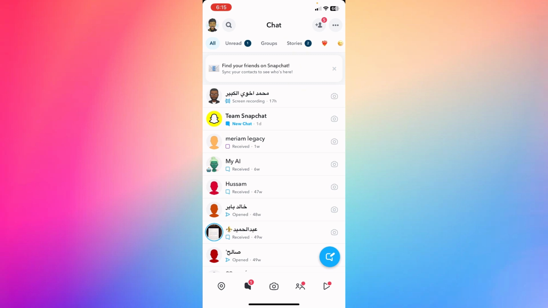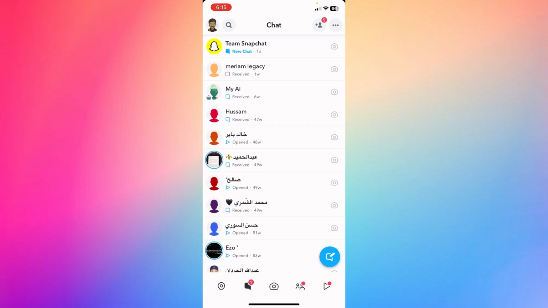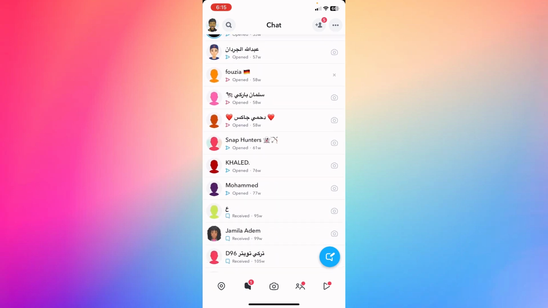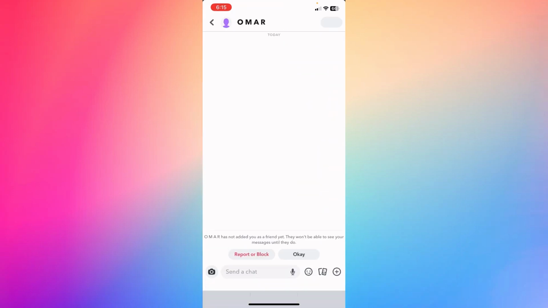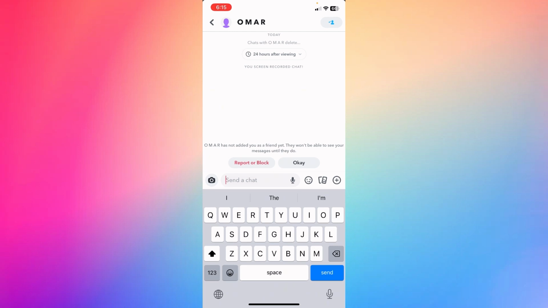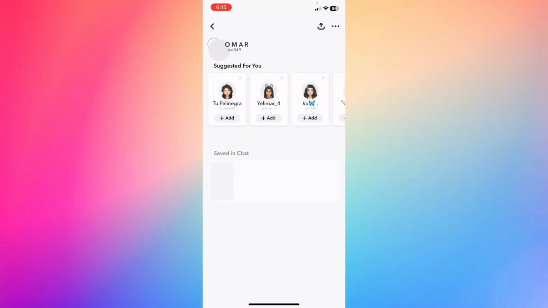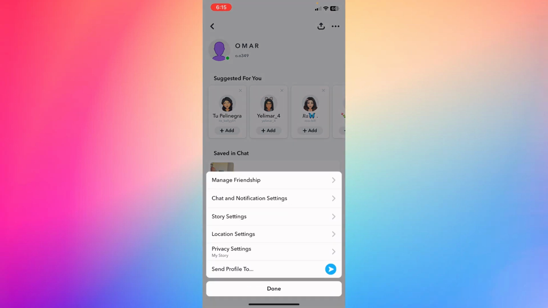And what I'm going to do here, let's say for example, I'm going to enter let's say this chat, right? For example, right? Now what I'm going to do, I'm going to just go ahead and click the other person's name at the top. What I'm going to do, I'm going to click the three dots at the top right,